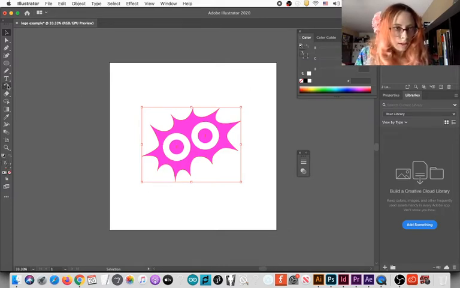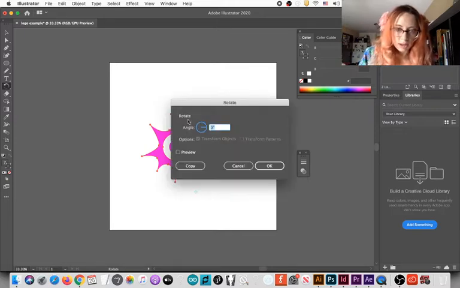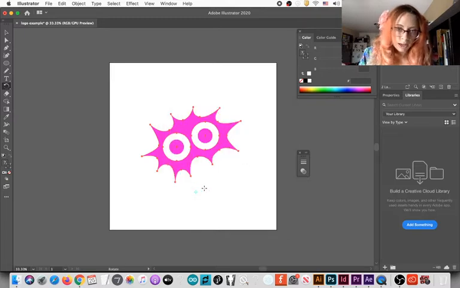Another thing you can do is use the rotate tool, and you can use it in several cool ways. You can use the rotate tool to rotate any object. You can use it to copy and paste and create crazy symmetries. Check out what I did now: I clicked Alt and clicked on a location on my canvas.